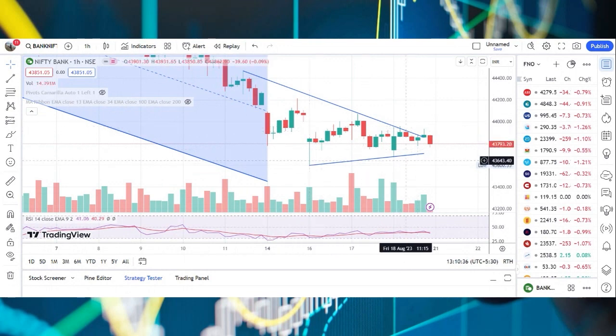On the upside, on an immediate basis, 44,000 could act as an immediate resistance, or to be precise, 43,957, the spot level. If Bank Nifty breaks 43,957, then those who are short should try to exit from the short and should go long above those levels. Because once it breaks those levels, there are chances that Bank Nifty might rally towards the level of 44,500, 44,600 from these levels, because Bank Nifty will witness a triangular breakout